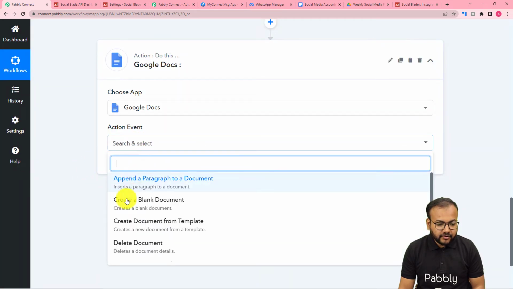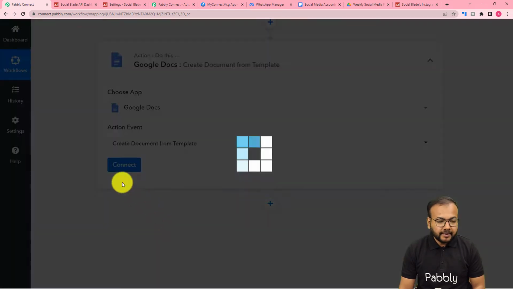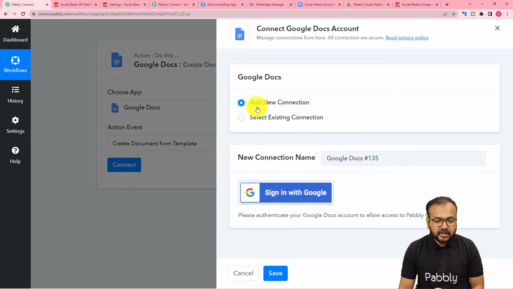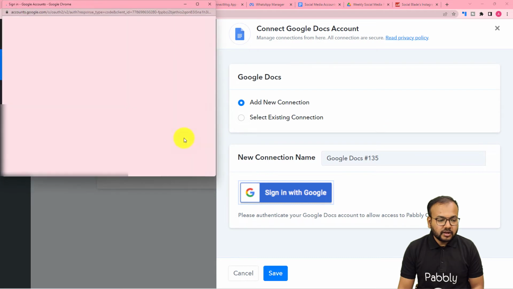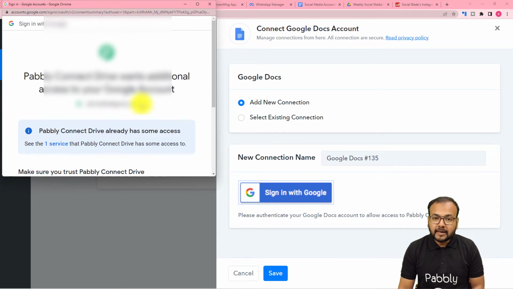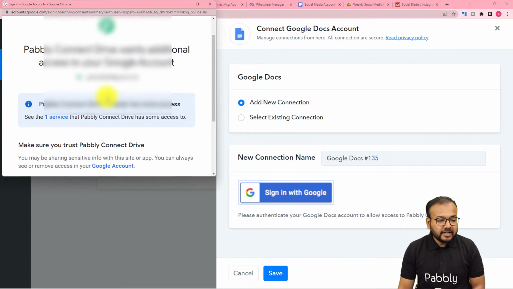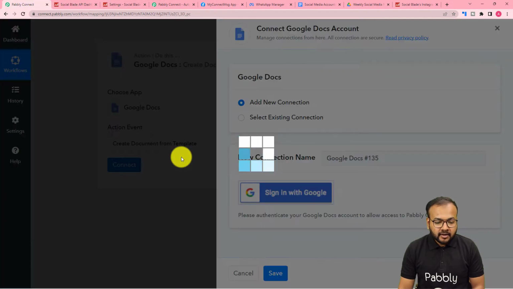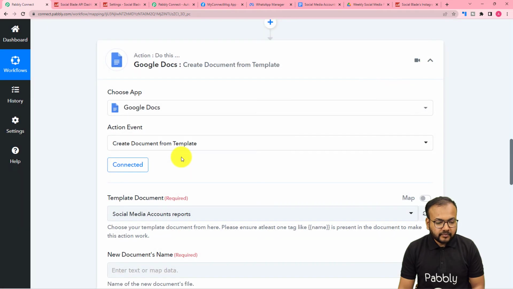and the action event would be create document from template option, and then click on connect. From here select add new connection, then click on sign in with Google, and choose the Google account by which you have created the documents template or the reports template. Then you have to provide some additional access to your account. Just click on continue. That is completely okay, and you can see the authorization is successful,